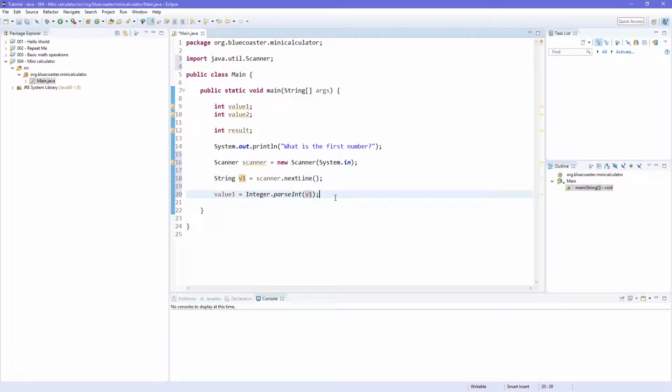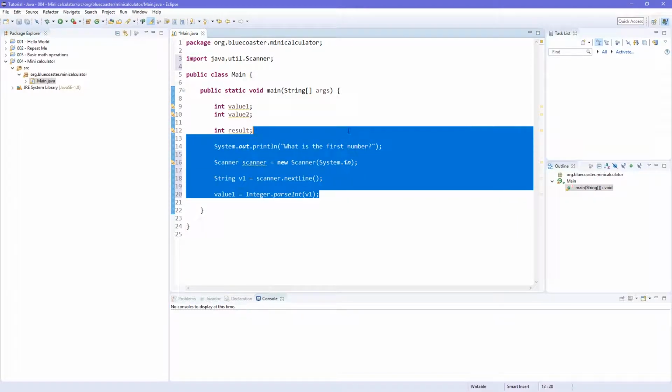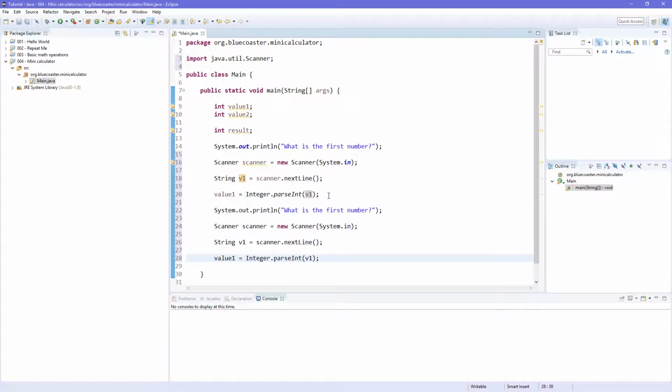Then we're going to repeat the same process, but for the second number. So essentially, I am just going to copy this, and instead I'm going to tell the user what is the second number. Then we don't need to put that in, because we're only going to replace this instance to this new instance